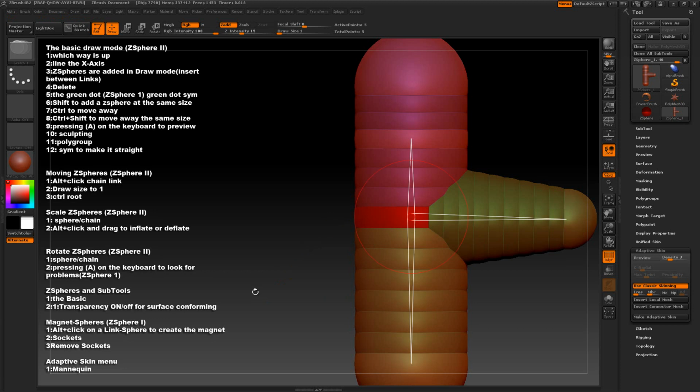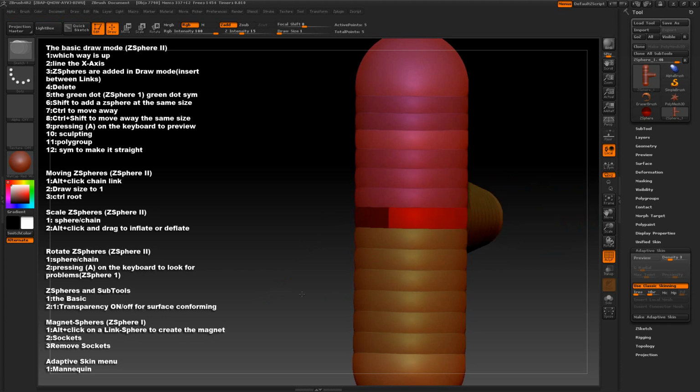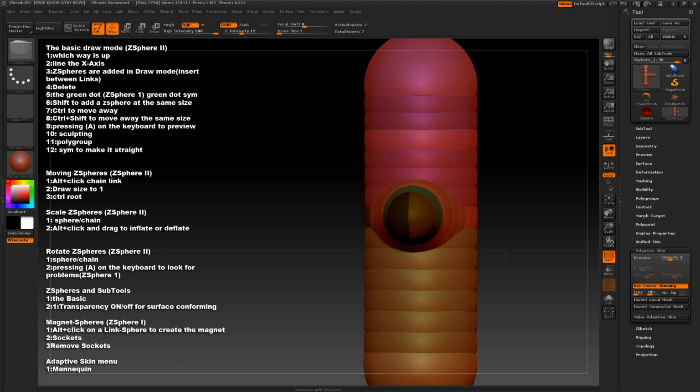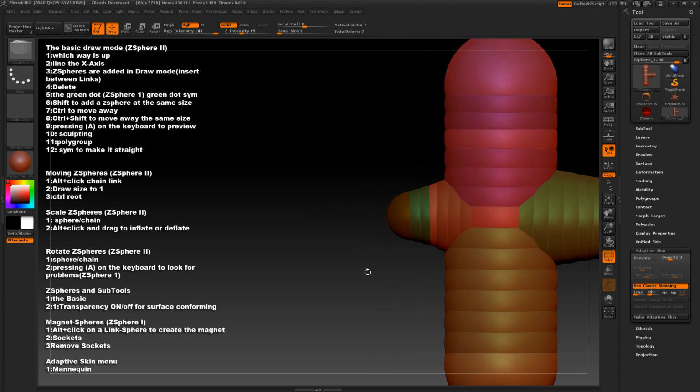Alright, we're going to go ahead and make a socket. I'll select over here, I'm in draw mode. I'm going to drag one out about right here, and then I'm going to drag out another one here, and it's going to be a little bit smaller than the original one I brought out. I'll tip it to the side here,